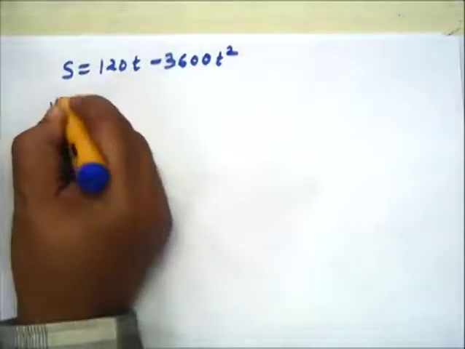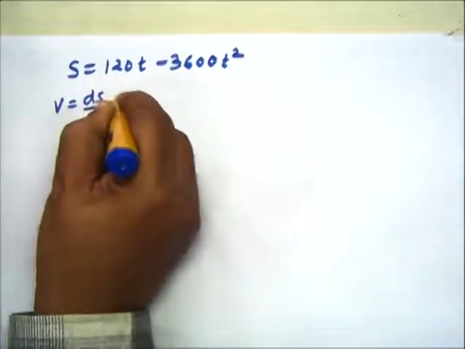As the bullet stops, its velocity becomes 0. So we find the time at which v becomes 0. At that time, the distance the bullet has covered can be obtained by substituting that value of t in the equation of s. That is, first we'll find